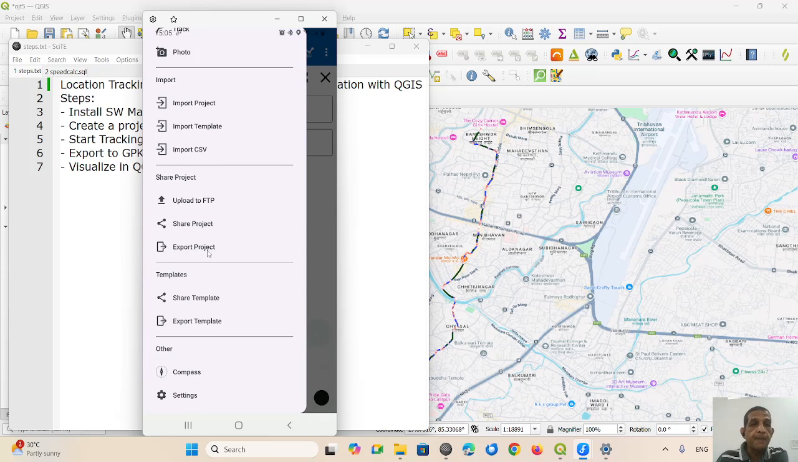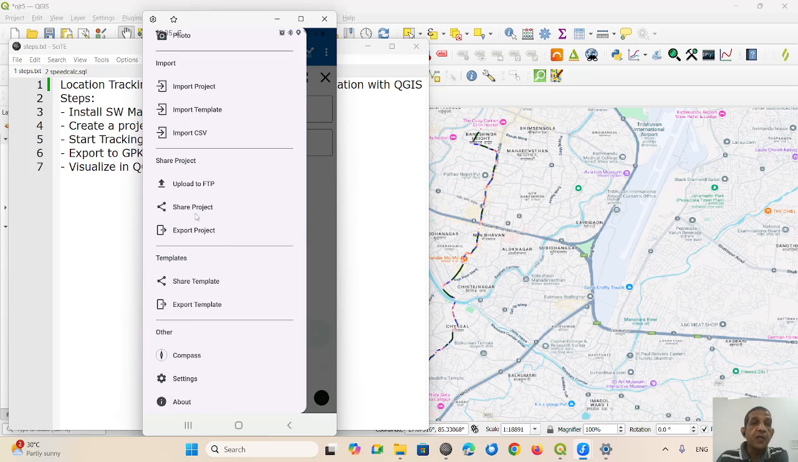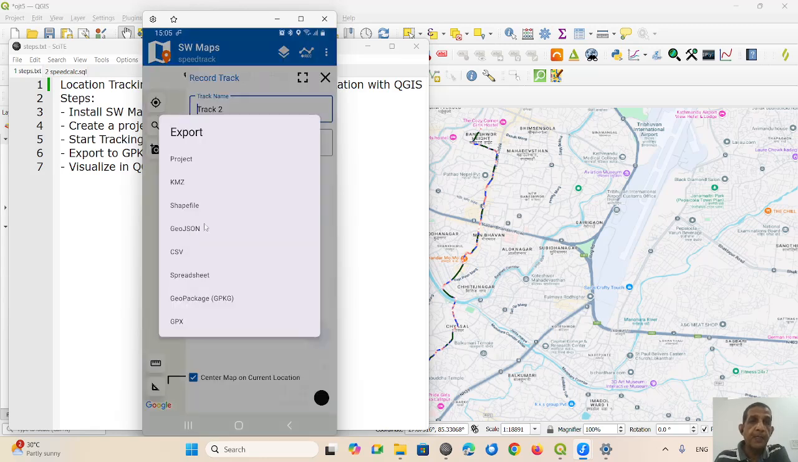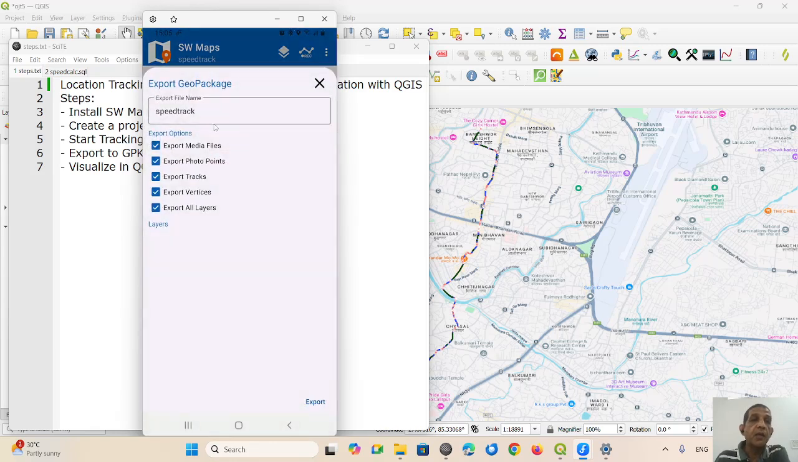Now we can export this data by using export project or share project. You can share this project with WhatsApp or email or other ways. So I export this project, and you have many options, and I prefer GeoPackage. In this project we have only used track, so you don't need to export so many layers. You can just export tracks,